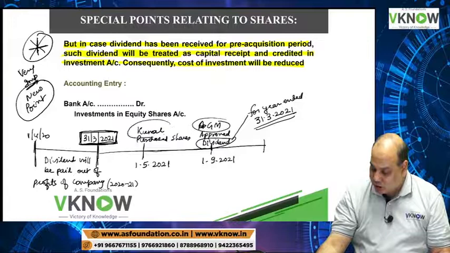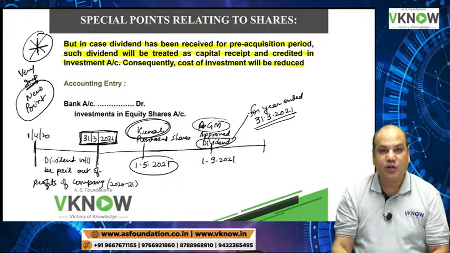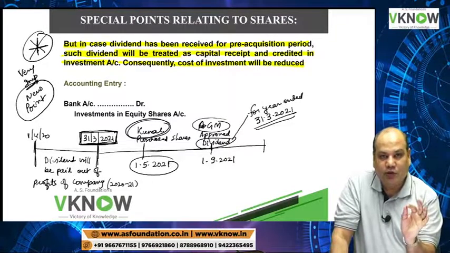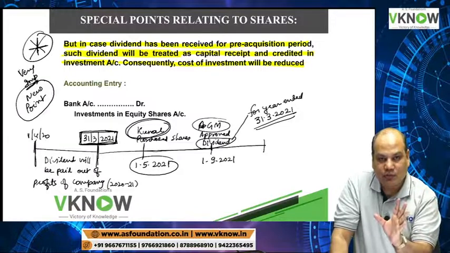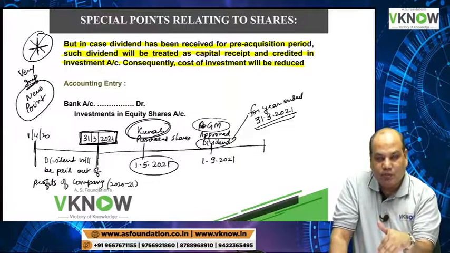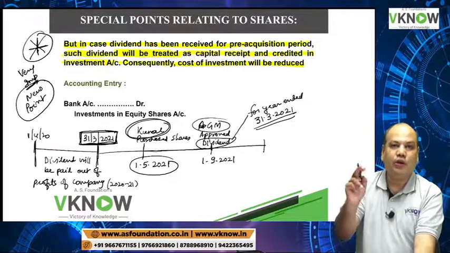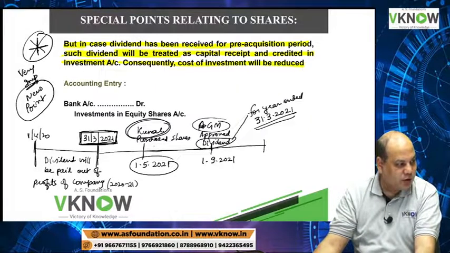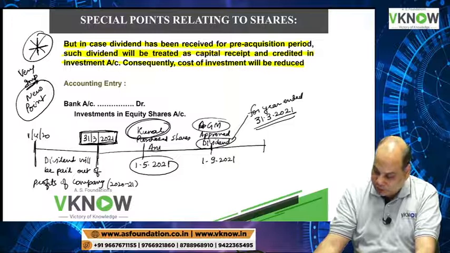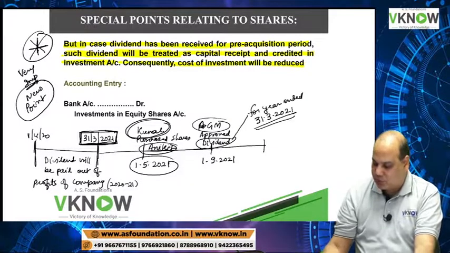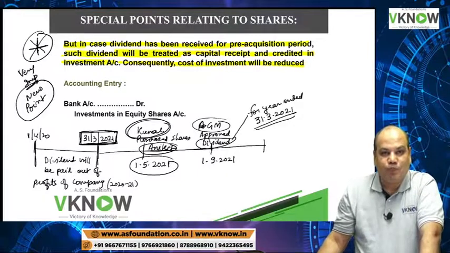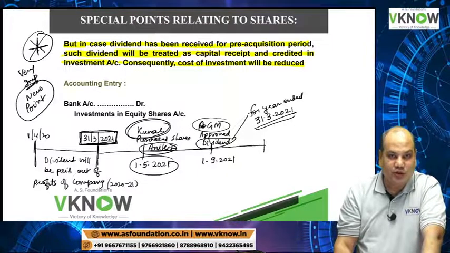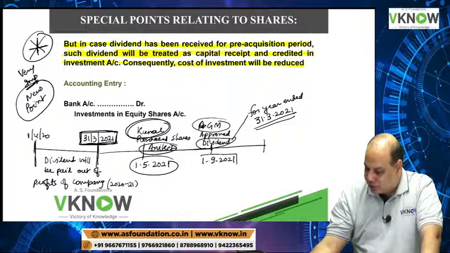But Mr. Kunal has purchased the share on 1st May 2021. Dividend is paid for which year? Financial year 2021. Mr. Kunal has purchased the share on 1/5/2021, from one Mr. Aniket. My question to this batch of highly talented students is, when the company declares dividend